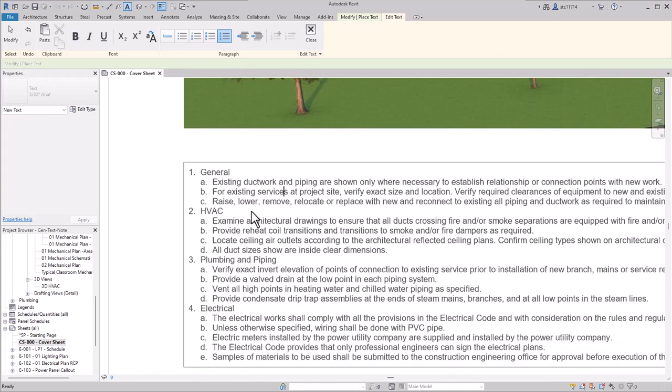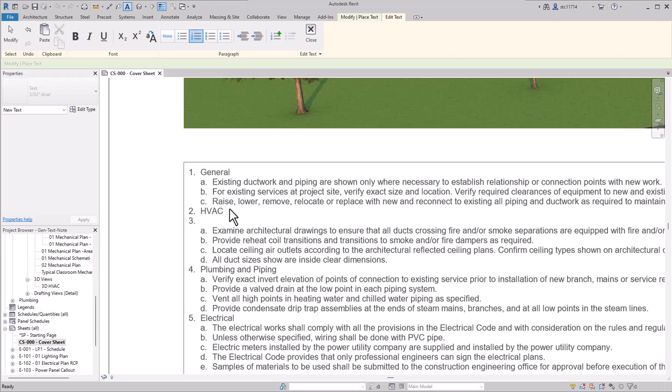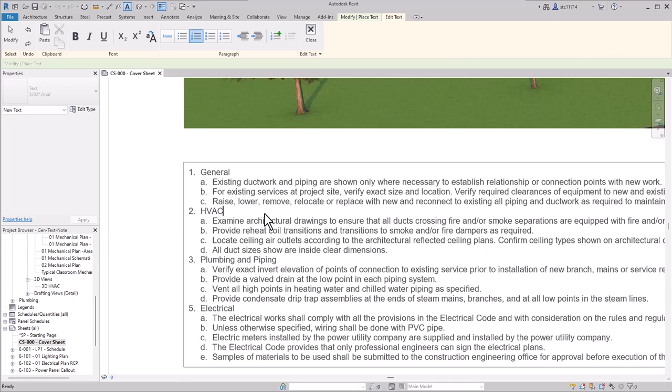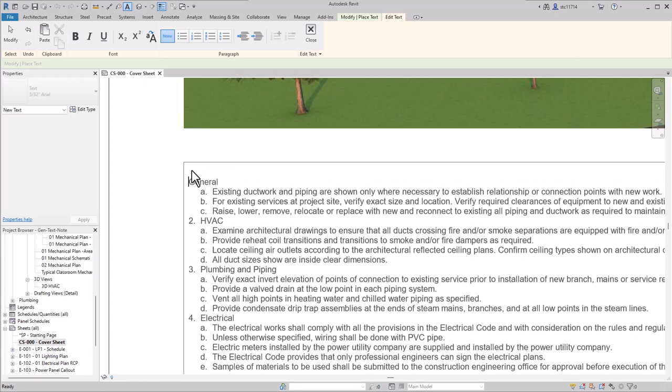Once again, the benefit of doing this is if I click in any row and press enter, then it will adjust the numbering and or lettering for me. I'm just going to go ahead and undo to back that up. I'm going to add in a heading of general notes here. So I'll click in front of the general here on number 1 and press enter. You can see that it actually lost my number, so I'm just going to go up and turn the number back on for that one. Then in the first row, I'm just simply going to type general notes. I'll click and drag to highlight it and make it bold and underlined.